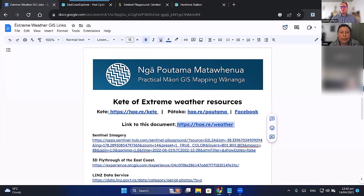This is our first. So today we're going to be having a look at mapping tools that some of us have been using over the past couple of months with the extreme weather events, particularly in Tairāwhiti and Tamaki Makaurau and other areas. So this is a document that we use to share with you links to useful